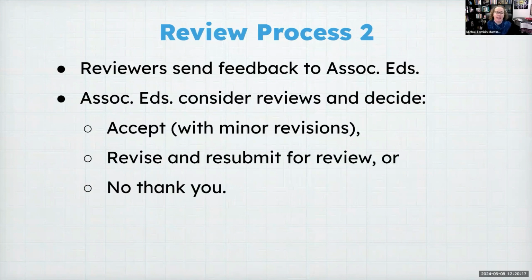Once the article has been sent out for review, reviewers will have about a month to submit the review. Because the times that folks submit papers are the times that others are working on their own papers, we do allow our reviewers to request extensions. So sometimes the review process might be a little longer. And once we receive all of the reviews, we then have to decide whether the manuscript is accepted pending minor revisions, or whether it needs to be revised and resubmitted for review.